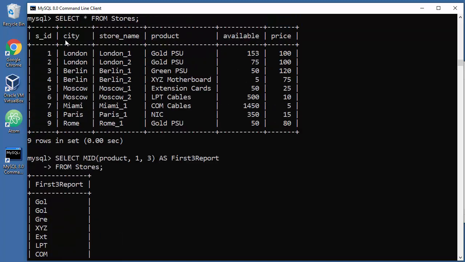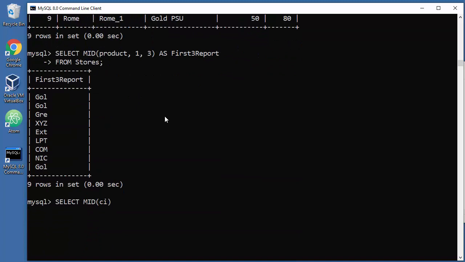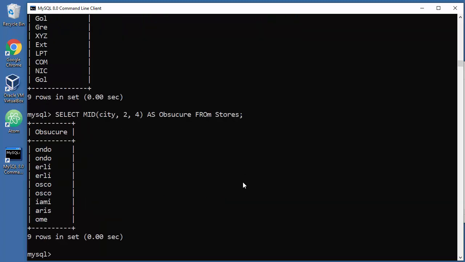what was the name of the column? City. From 2 to 4, let's say, as obscure. I don't know how to even type this in English, but who cares? From stores. And there you go. So maybe, I don't know, if you have some kind of weird organization where your co-workers